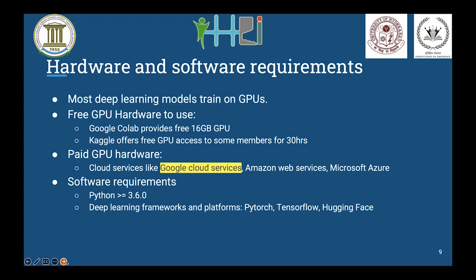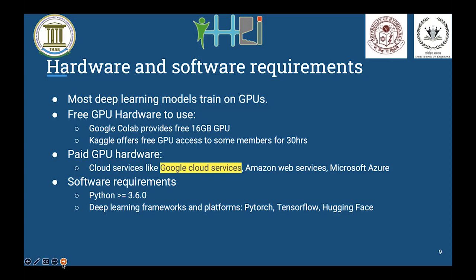I mean, your university might have GPU facilities that you can use for your own research. Google Colab is a very interactive Jupyter notebook environment. They give you free 16 GB of GPU. Sometimes you get Tesla T4 GPUs, which you can use for your training. There is one platform called Kaggle. It is basically a very big platform for data scientists and machine learning researchers. They also give you some GPU access, but they only give it to you after you've used that platform for a long time. And of course, there are paid GPU hardware that you can take on rent, for example, cloud